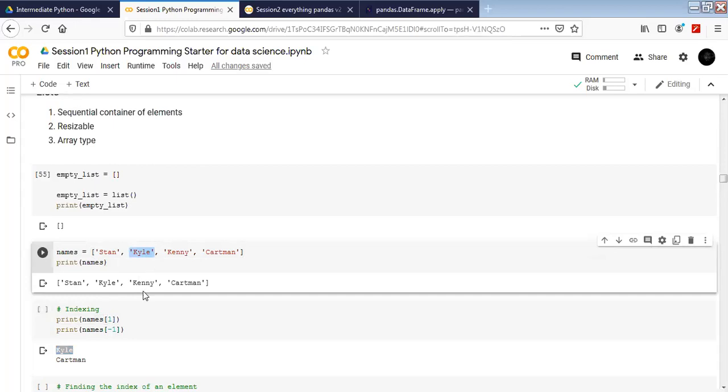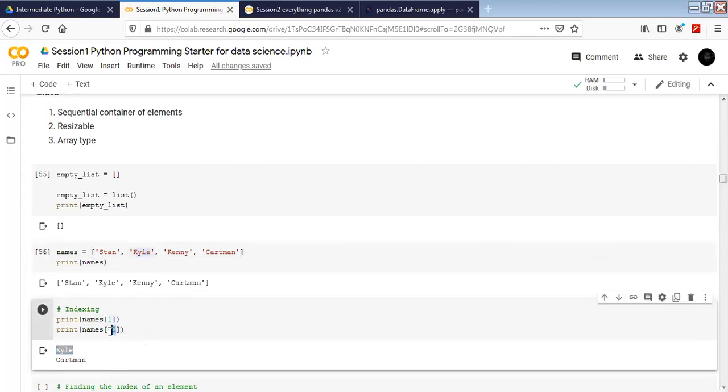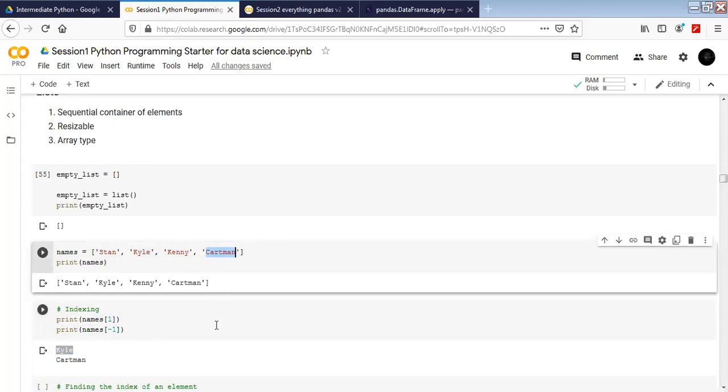There's one more indexing part which is called negative. What this -1 does is it changes the counting to be from the end, so it reverses the position of the counting. So Cartman is at -1 position. It's not at -0 because there is nothing like -0. So Cartman is at -1. What is at -2?